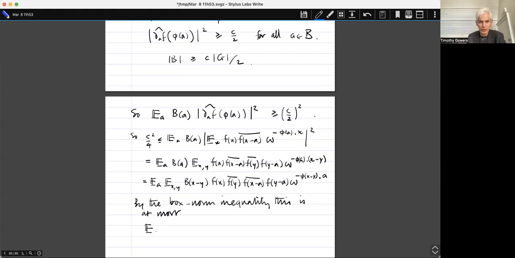It's the average over a. So I'm applying the box norm inequality to the two-variable function b(x minus y) omega to this, and then the two one-variable functions f(x) minus a bar and f(y) minus a bar. I'm going to use the fact that f has L infinity norm at most 1 to say that the L2 norms that come out of the box norm inequality are at most 1. So I can just ignore all these f's here and just take the box norm of the function, which I'll just call